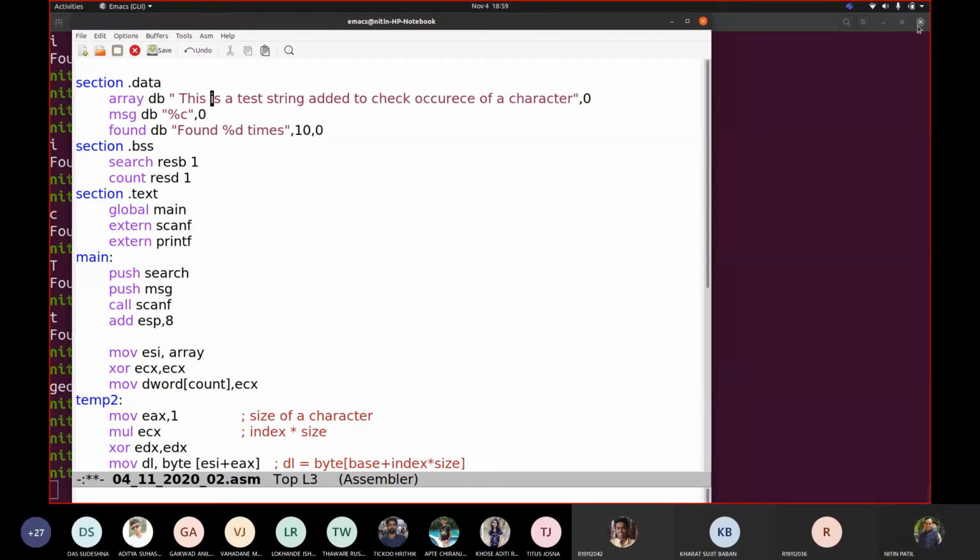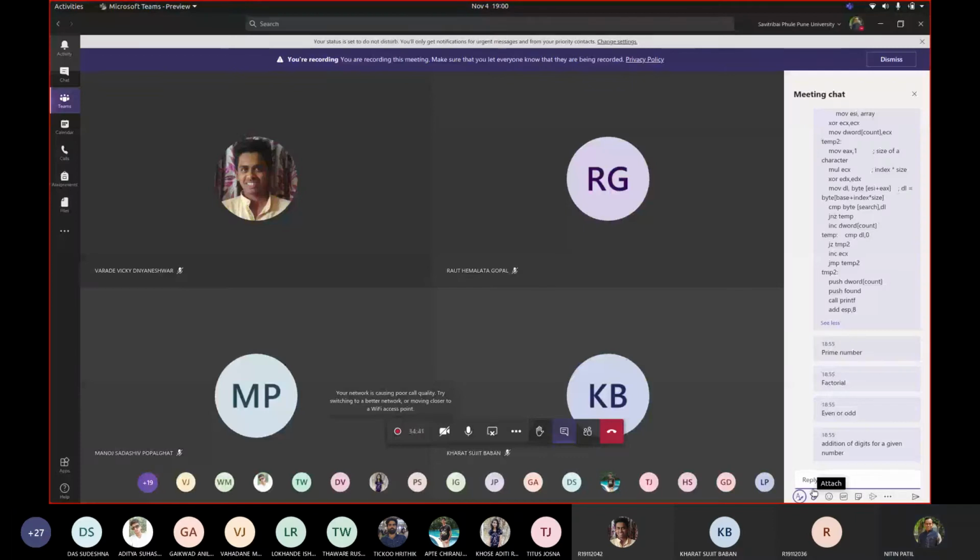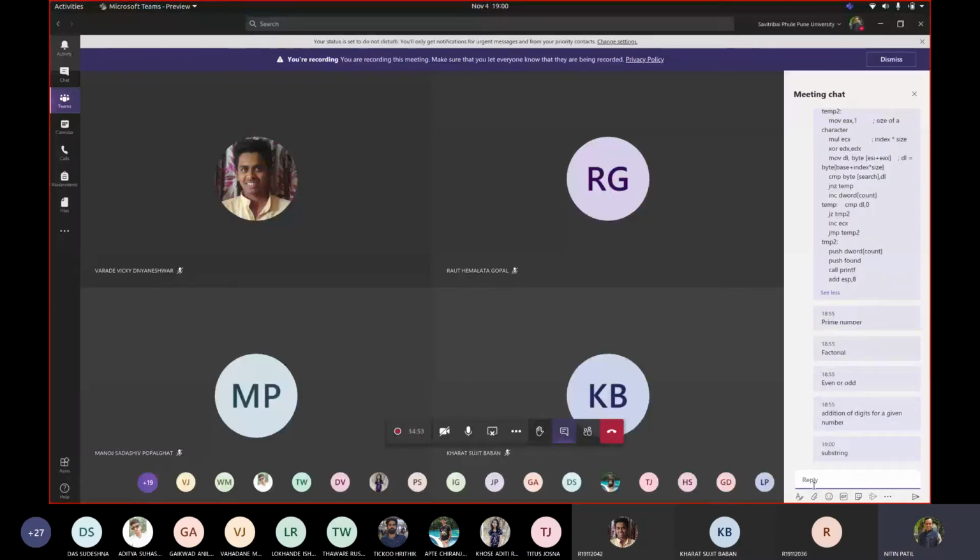Fine. Now, what I want is for you to write a code. I will add it in your assignment part as well, but it will not be the assignment to be submitted tomorrow. I want you to write a code which will check a substring. You will give one string and check whether the given substring is available or not. If it is found, then say found. If it is not found, then not found. Try writing that code so that we can get an idea of how exactly this substring can be used.